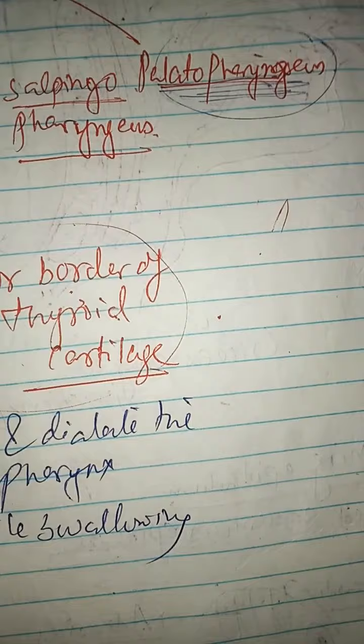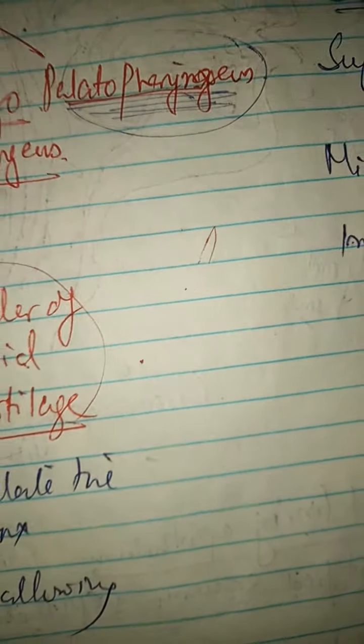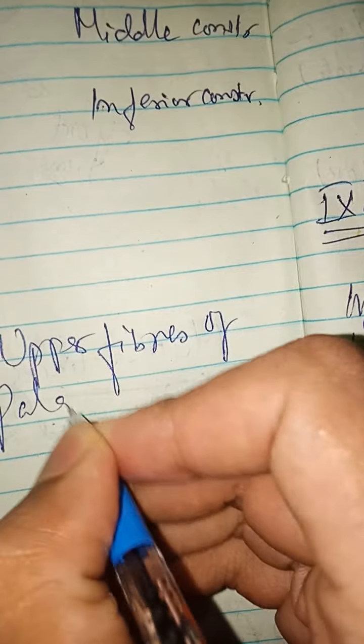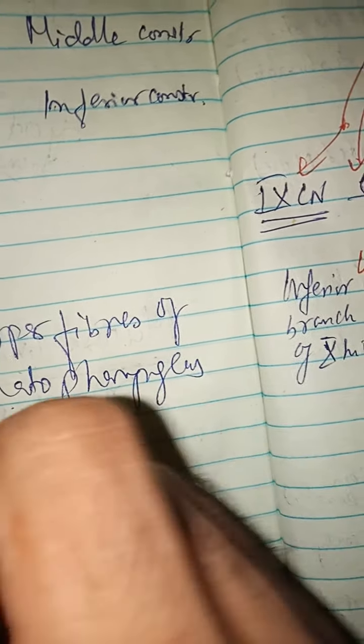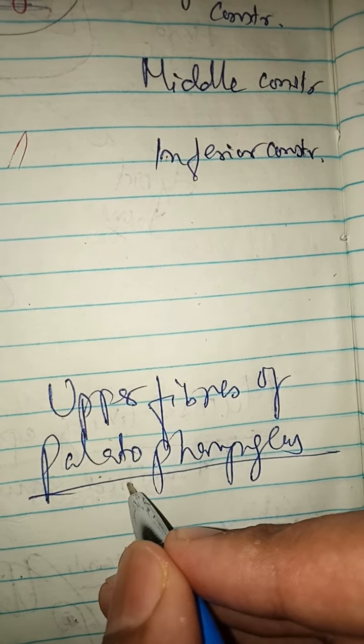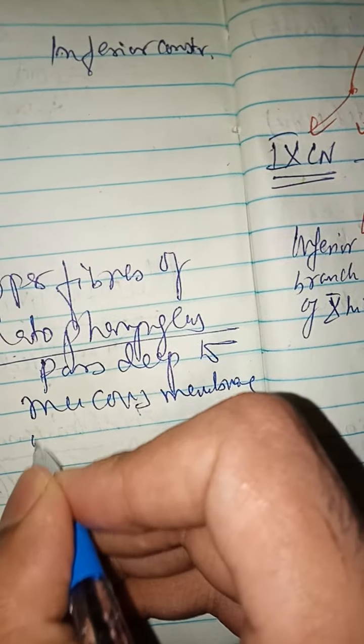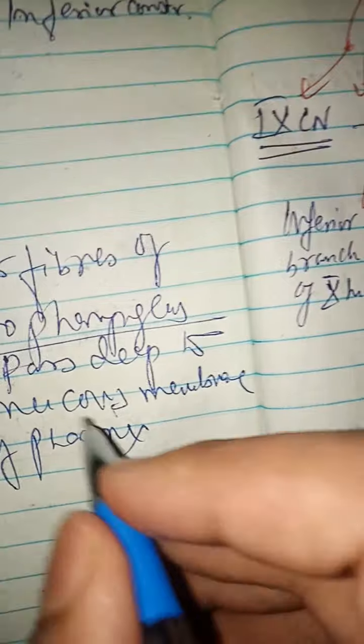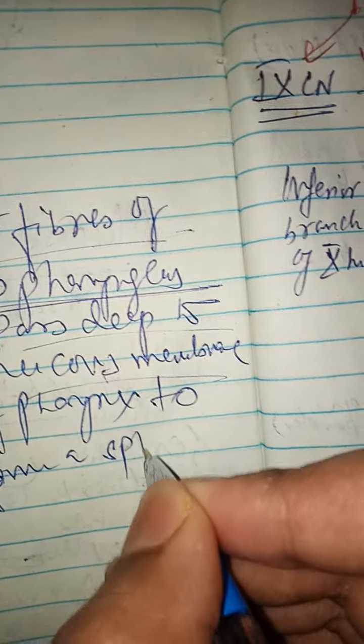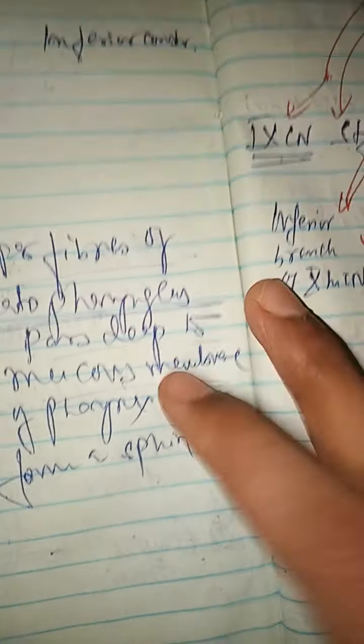I have already told this. Some upper fibers of palatopharyngeus pass deep to the mucous membrane of the pharynx to form a sphincter, a valve-like structure,